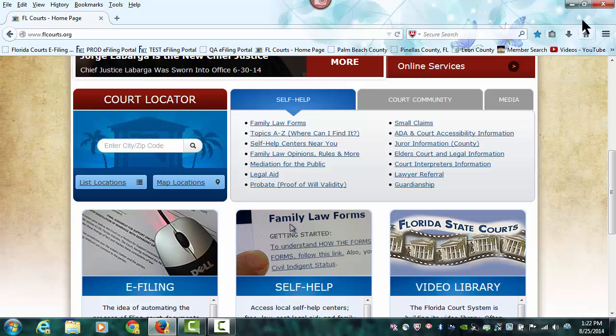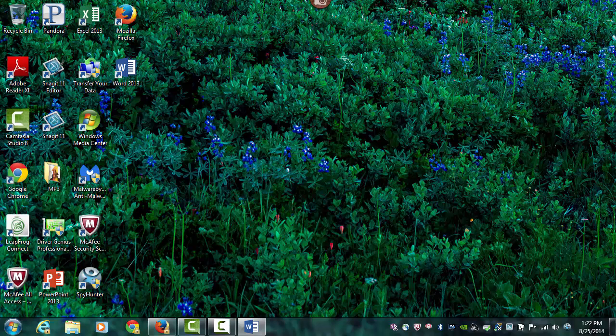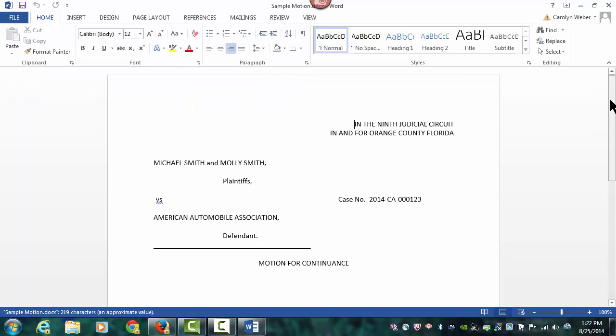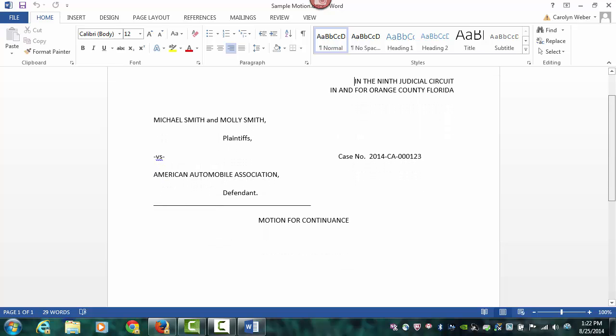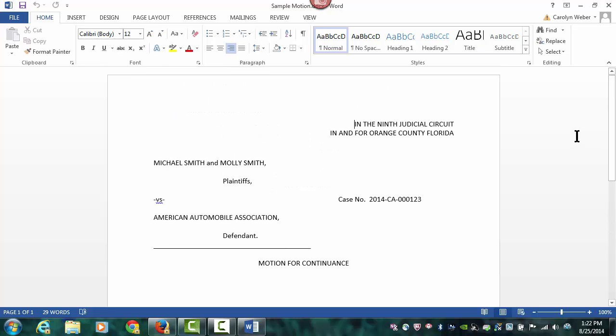Next, before you file electronically, you're going to want to generate your documents. So I would suggest that you computer generate, whenever possible, your documents so that you can electronically file them into the portal. To create your document, go to your word processor and type in the information in a document format that you are going to be filing with the court. You would need to have the county that you're filing to, the style of your case number, and what your document is. So computer generate your document by either free texting the document yourself or using a form